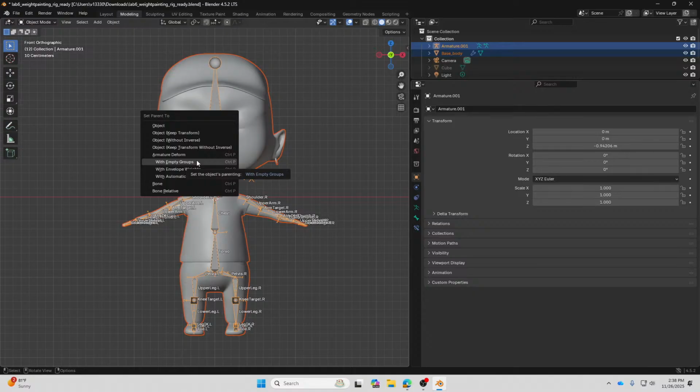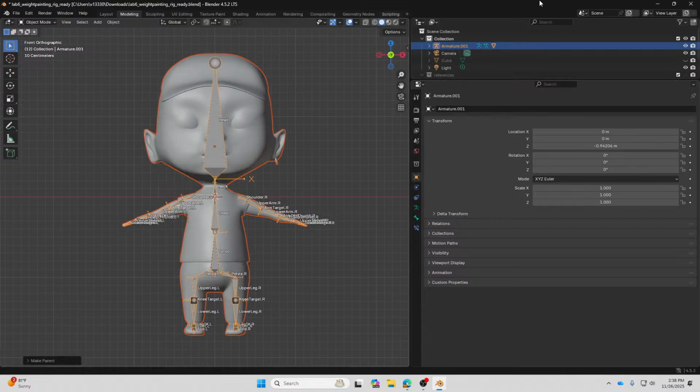Don't box select, shift select the base mesh first and then the armature. With Empty Groups, and now you're supposed to be able to see that the base body is a child of the armature.